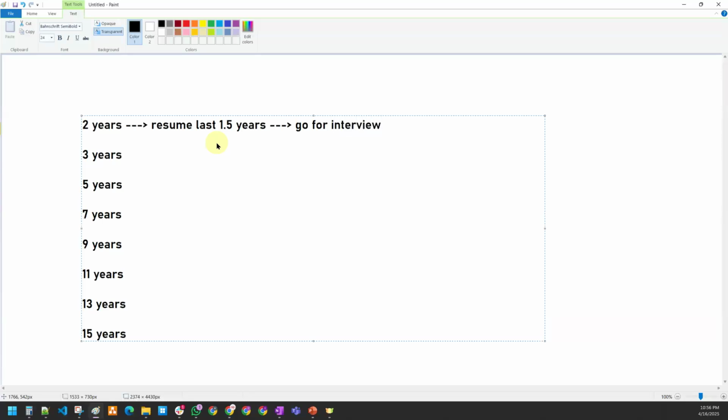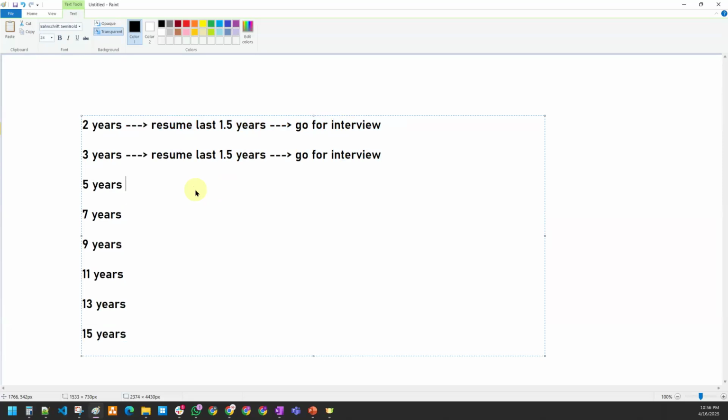And after you learn my course, if you go for an interview with 1.5 years, you can easily crack the job. Very simply, because everything that is required for you to crack the interview is covered here, no worries at all. Even though you have 3 years of experience, you put the same 1.5 only. Again, you go for the job.